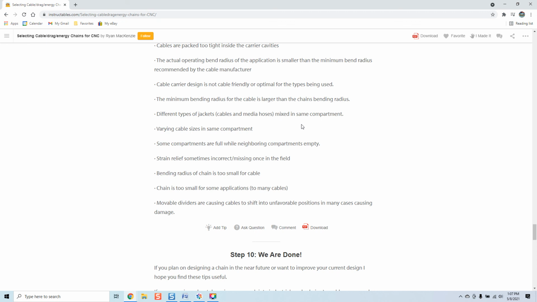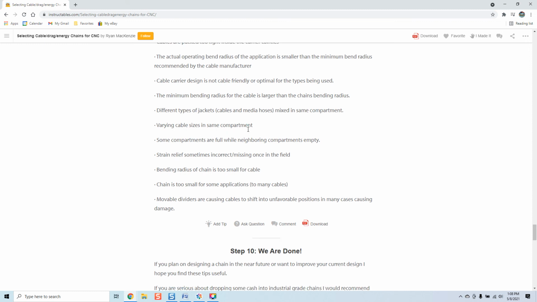most of us use vinyl tubing, which is normal. That's normal in the industry for what application we're using with water-cooled spindles. Over time, it will erode, and if it erodes the wall and you get a leak, you're climbing in there to mess with that cable chain. You got to disassemble everything. It's a headache. It's a complete headache, and you really don't want to have that happen. Let's see, different types of cable jackets, different type jacket, cable, media hoses, mixing compartment, varying cable sizes in the